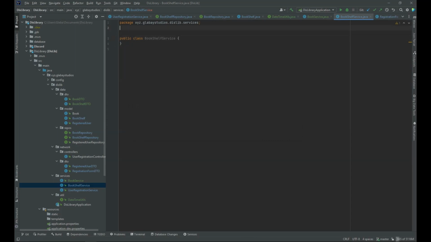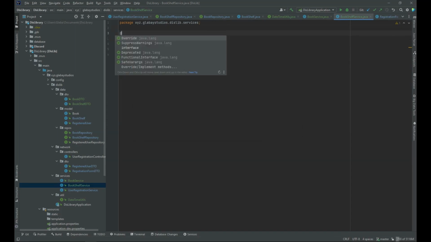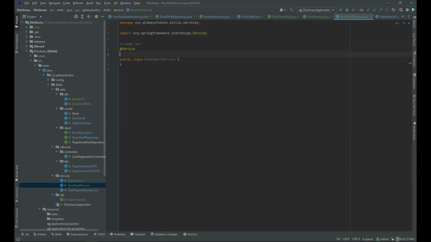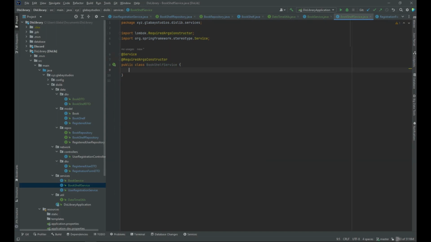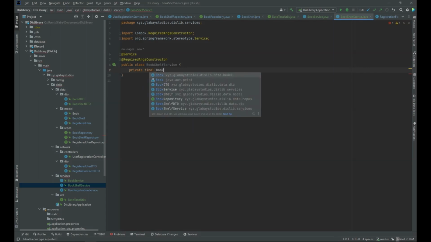We are going to go ahead and annotate this with our service and our required args constructor. Now this one here, we are actually going to be taking in a private final bookshelf repository,